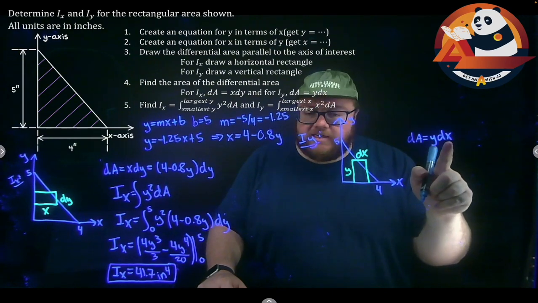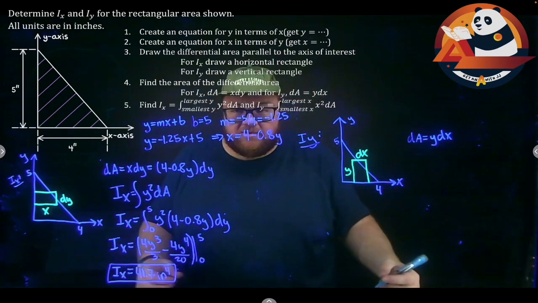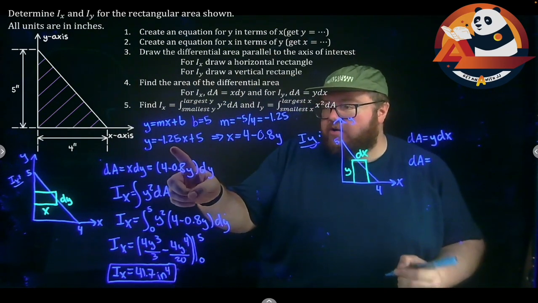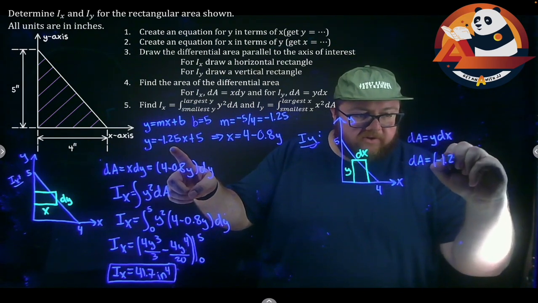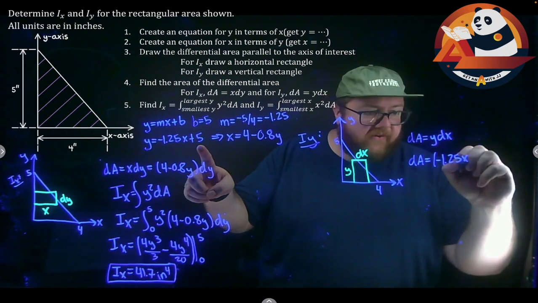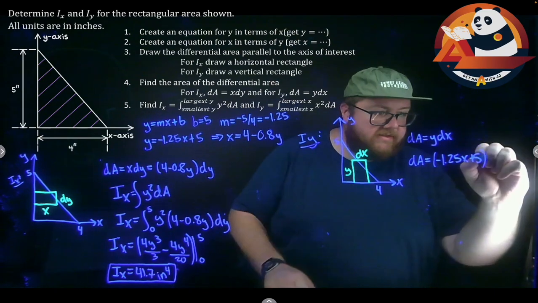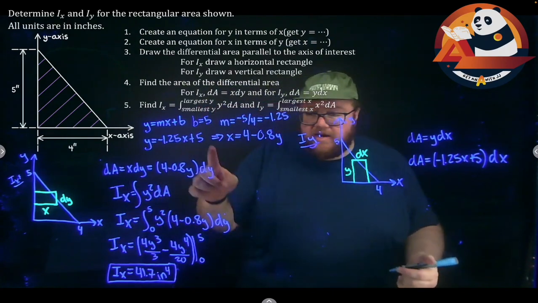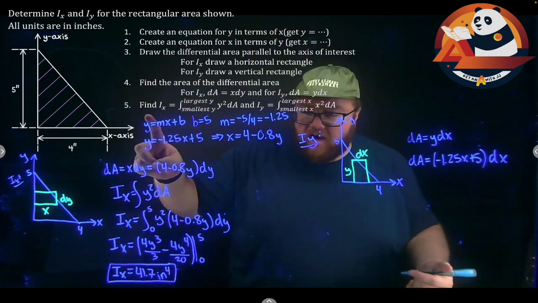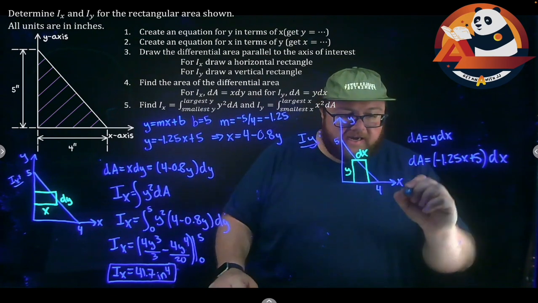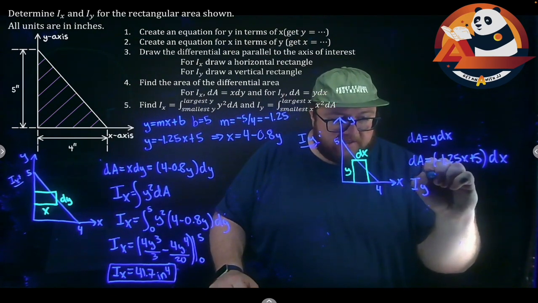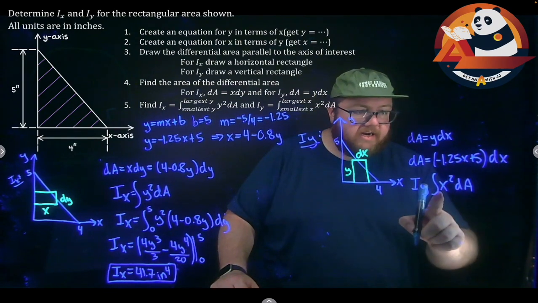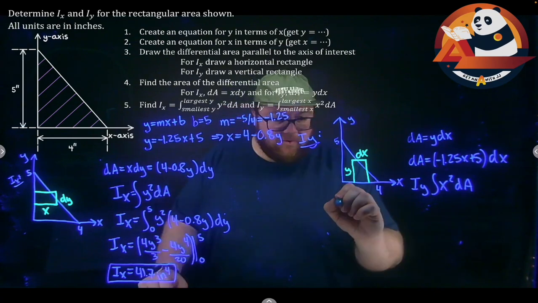Which, to make our integration easier, let's get that to x dx. We can come in and substitute in here. This is really, dA is y, negative 1.25x plus 5 dx. And we have dA then, which gets us to where I can set up my integral. If I'm looking for Iy, I want x squared dA. So my Iy should be my integral of x squared dA, which I can sub in here and get everything in terms of x dx still. So Iy